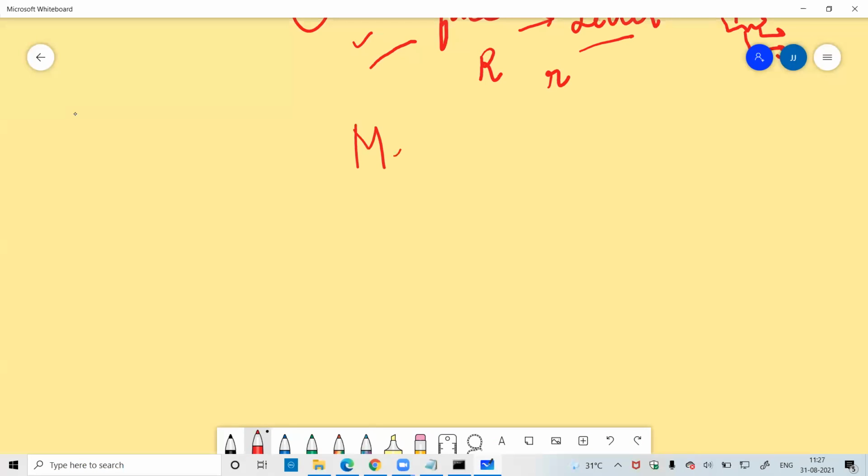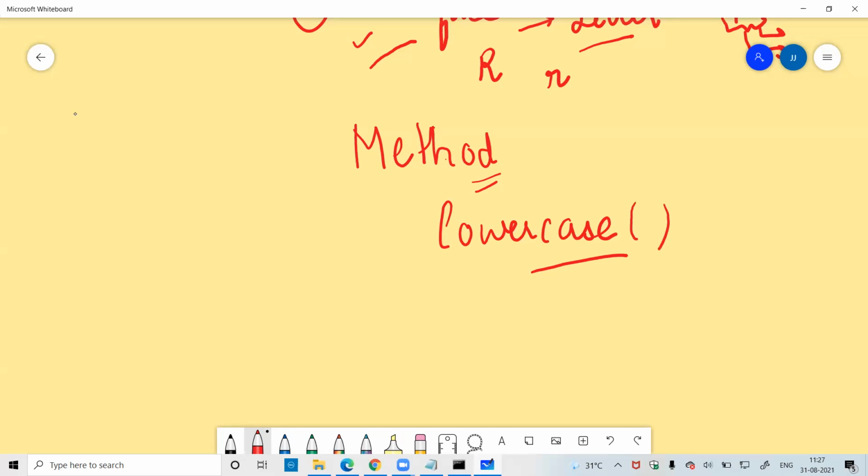Methods mean functions, which in C++ we call functions. While creating any method, always write the method name or the function name in lowercase. Always write a method or any function in lowercase, and it always contains brackets. Means if I write ABC like this,